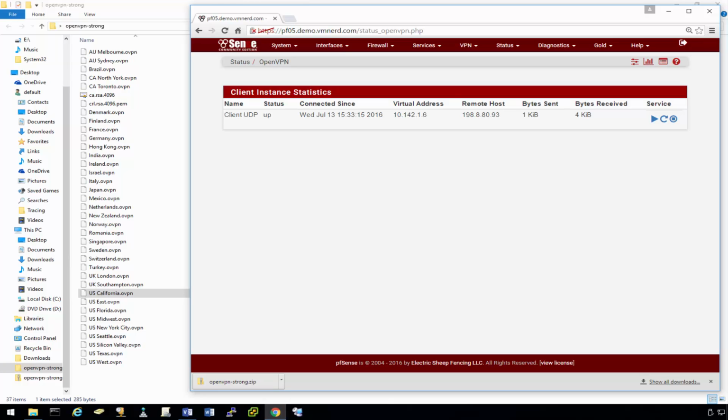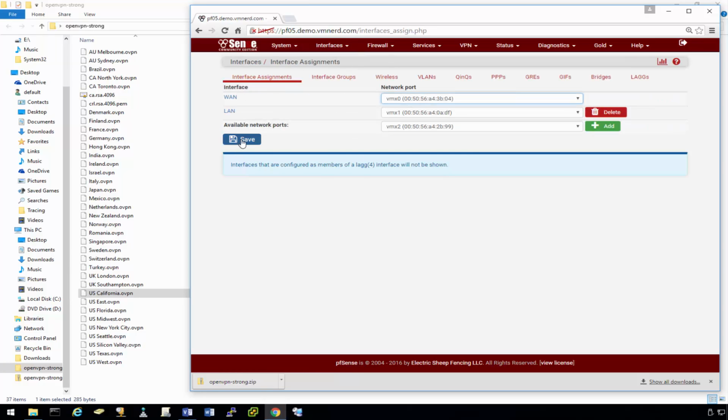Okay, so the next thing we need to do is actually go in and configure the interfaces. So go ahead and click on the interfaces option or menu, click Assign, and this is where we'll go ahead and add a new interface, and this is where we need to select what VPN client we're using. In our case, we only have one VPN client, so it's easy to find. Okay, so go ahead and click OpenVPN C1. If there was a server, you'll see S1. Okay, so go ahead and click Add,